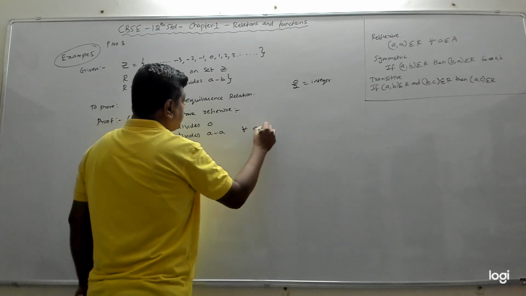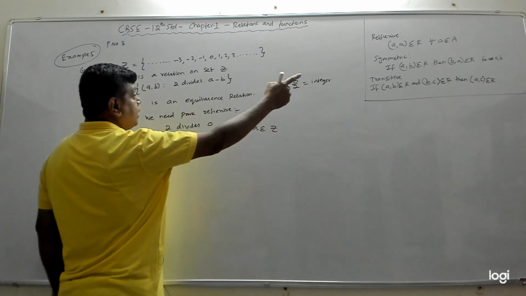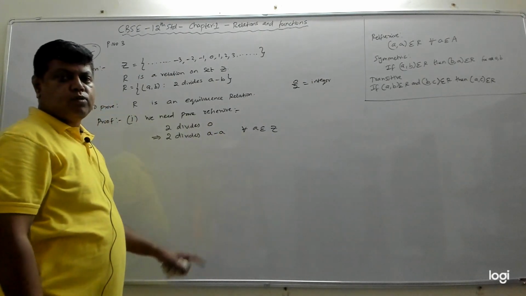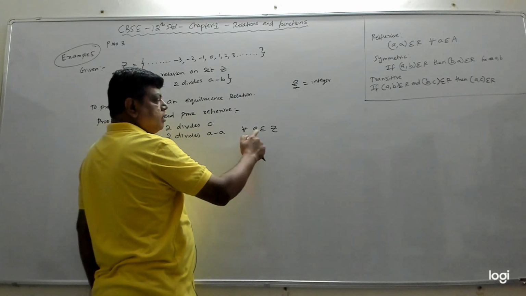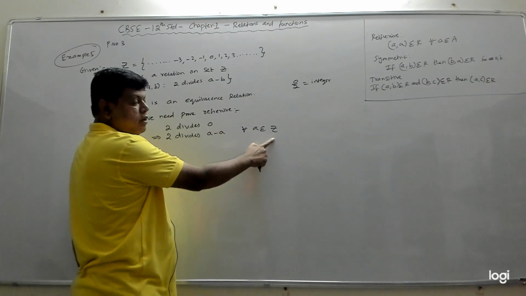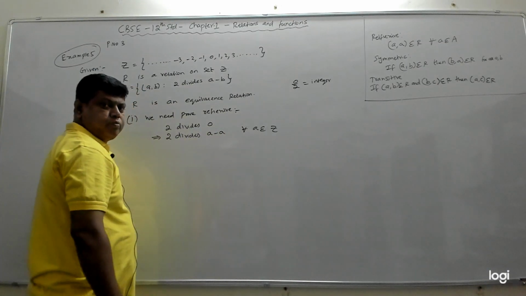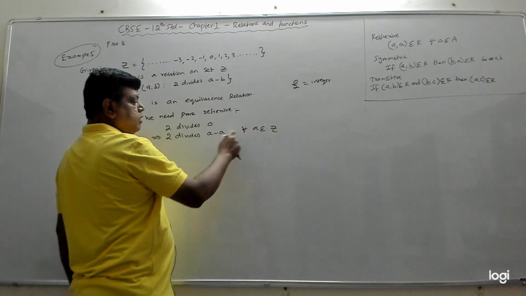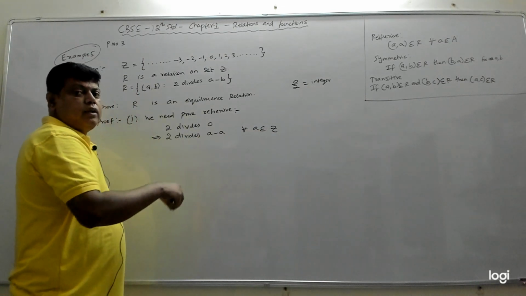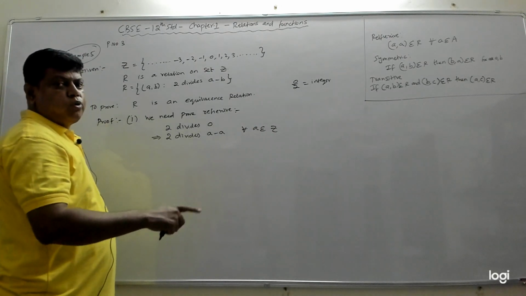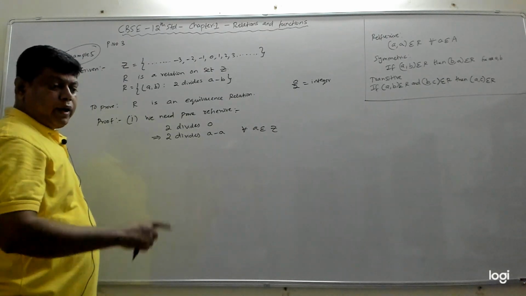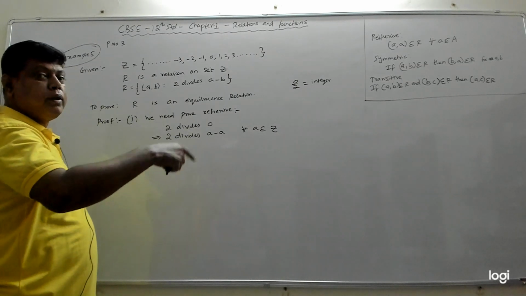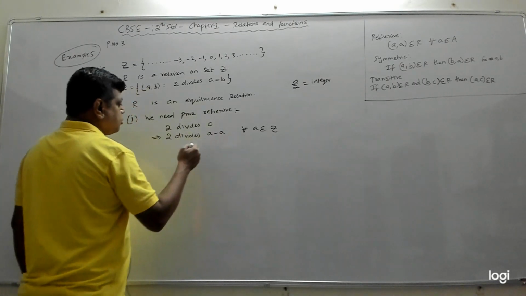For every A belonging to Z. Don't put capital A, you have to put Z, because your capital A there is your Z here. Now instead of 0, I am writing A minus A, because A minus A is what? 0. Any integer that I take from the set of all integers, if I do A minus A, I will always get 0. Right? So 0 can be written as A minus A, which means 2 divides A minus A for every A in Z. A minus A is 0 is true for every number, right? 1 minus 1, 0. 2 minus 2, 0. 5 minus 5, 0. Minus 1 minus minus 1 is 0. 0 minus 0, 0. Minus 2 minus minus 2, 0. So which is true. So which means 2 divides A minus A.